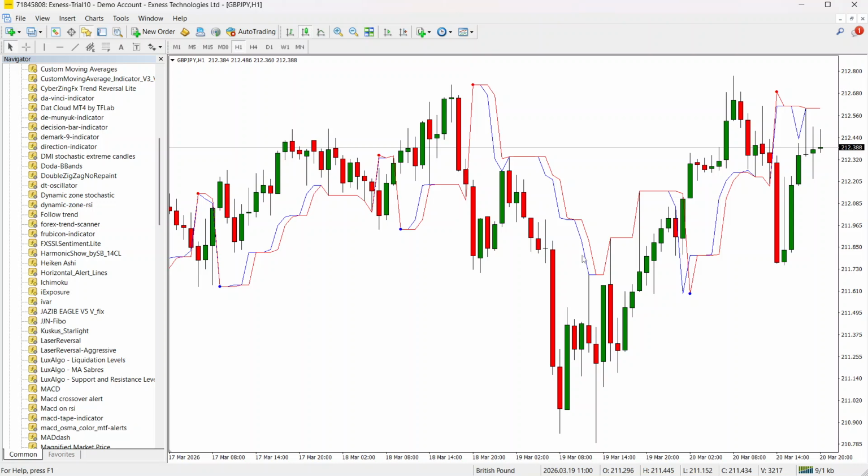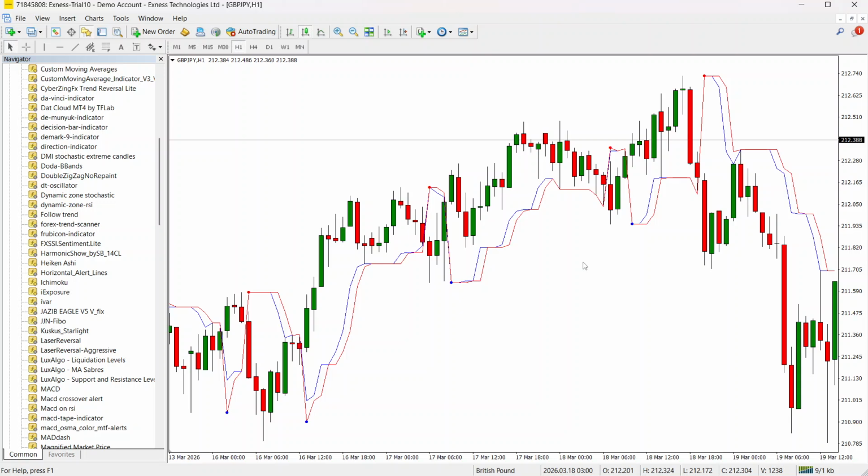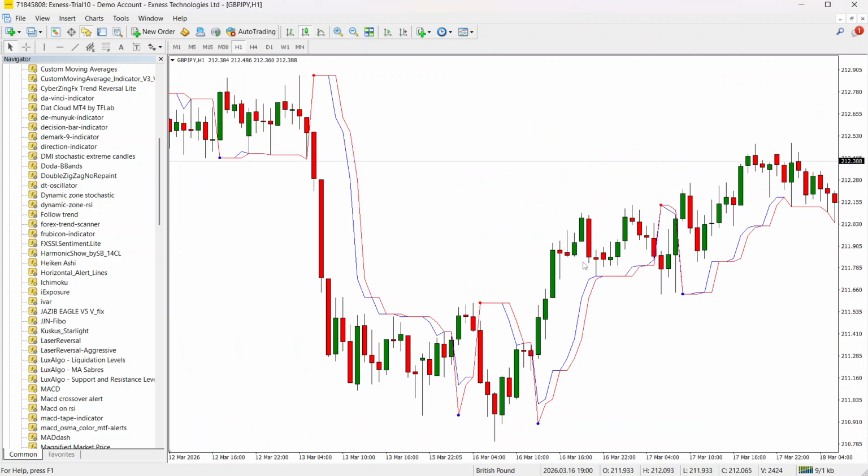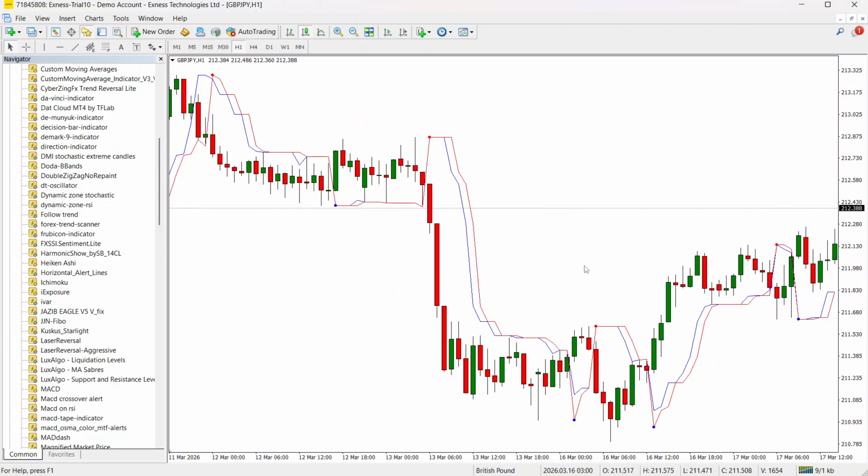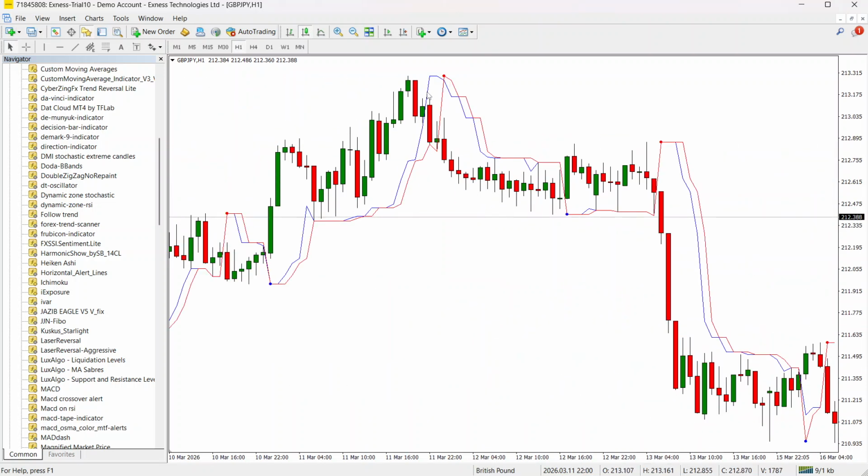So let's move over to who it's for. The trend detector is suitable for traders of all skill levels who want a straightforward trend filter for forex, indices, commodities, cryptocurrencies, or stocks. It is a technical lagging tool so it can give false or late signals in choppy or news-driven markets. As we can see here, the trend had already begun before it plotted the dot. And again over here,